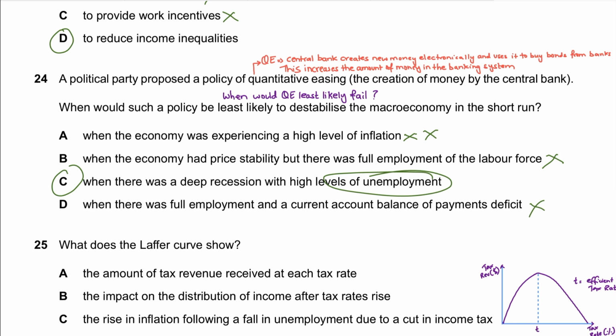So quantitative easing is most appropriate when AD is too low and you have spare capacity, and quantitative easing would become very risky or problematic when the economy is already close to or at full employment, because it will just create more inflation. Got it. So I hope this is now correct. Question number 20. This is now understood.